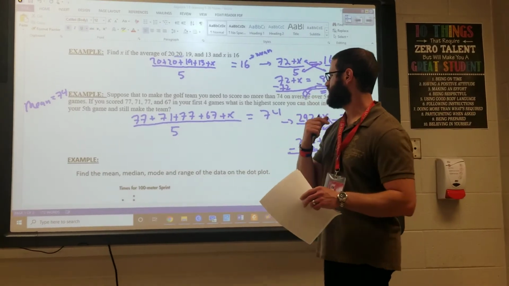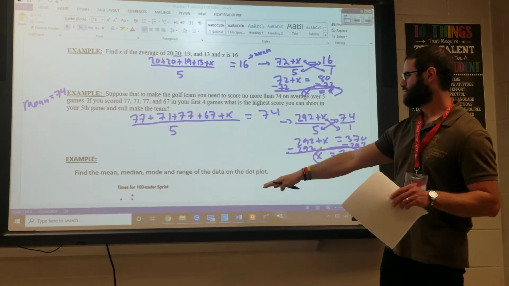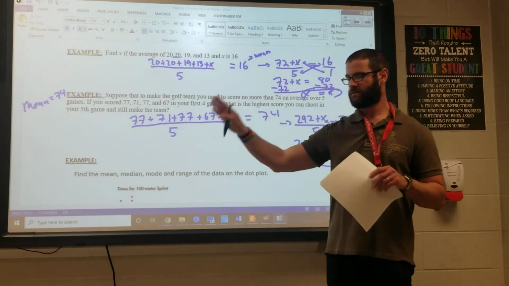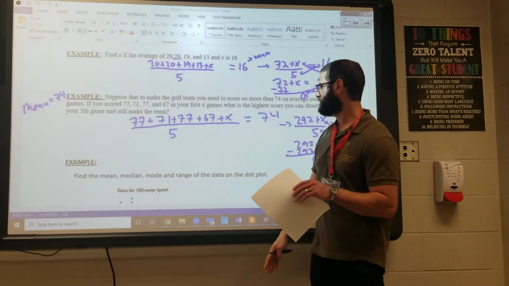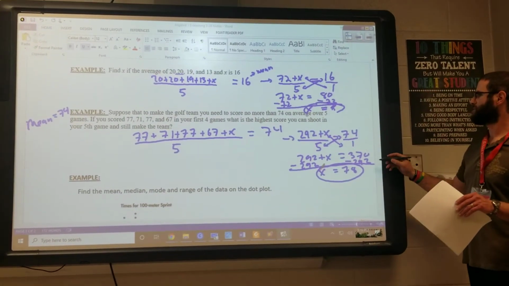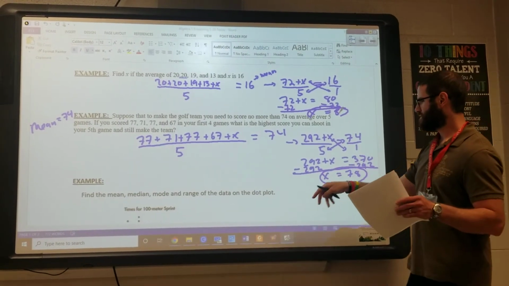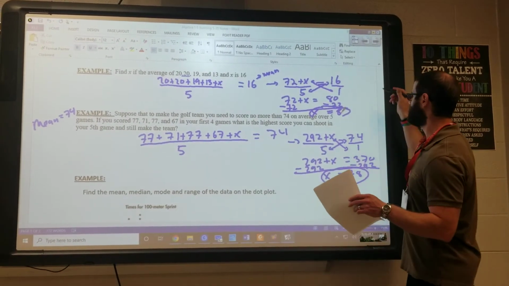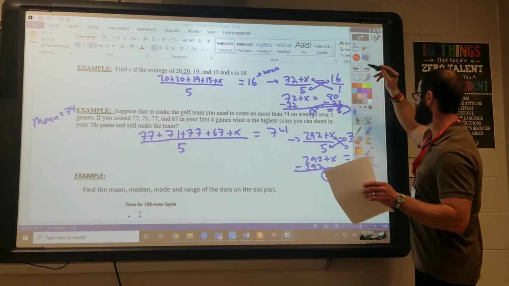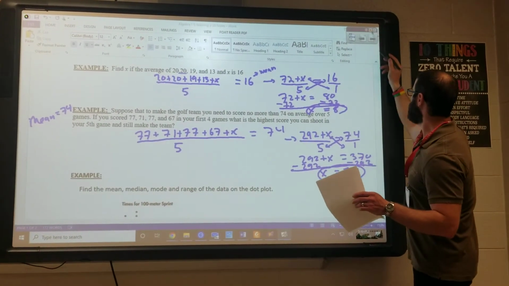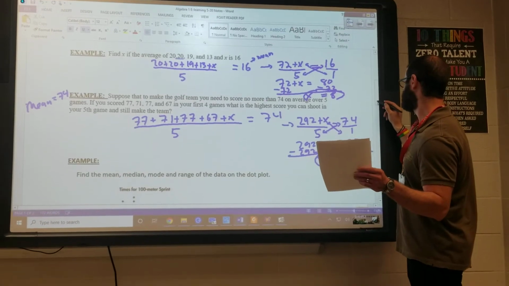Okay, so 78. And we're going to look at one more example. In this example, the data is presented in a little bit different way. Okay, so in the next one, we have what we call a dot plot. Rather than just a list of numbers, we have the data in the form of dots that represent